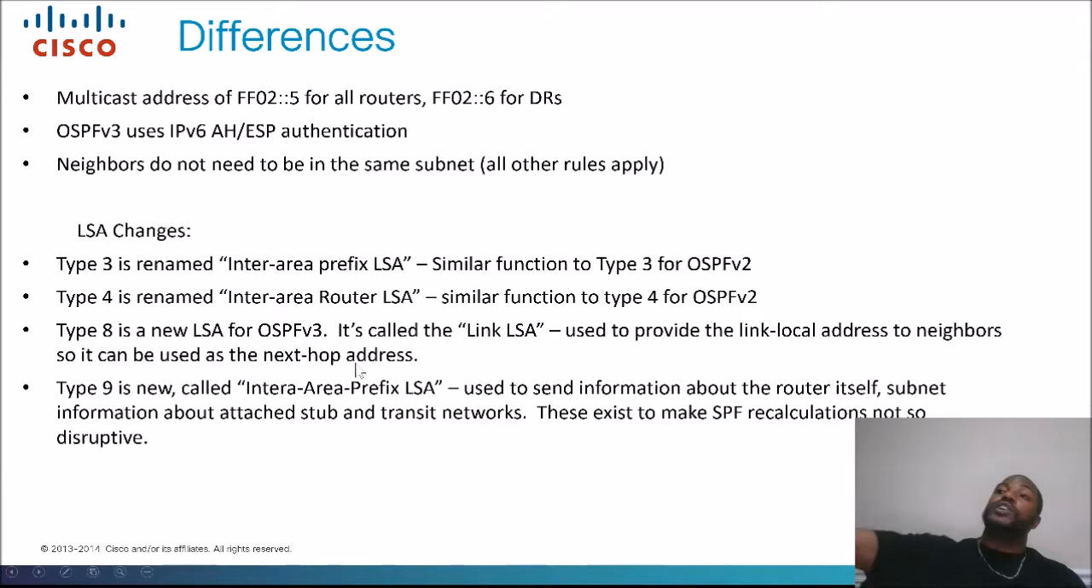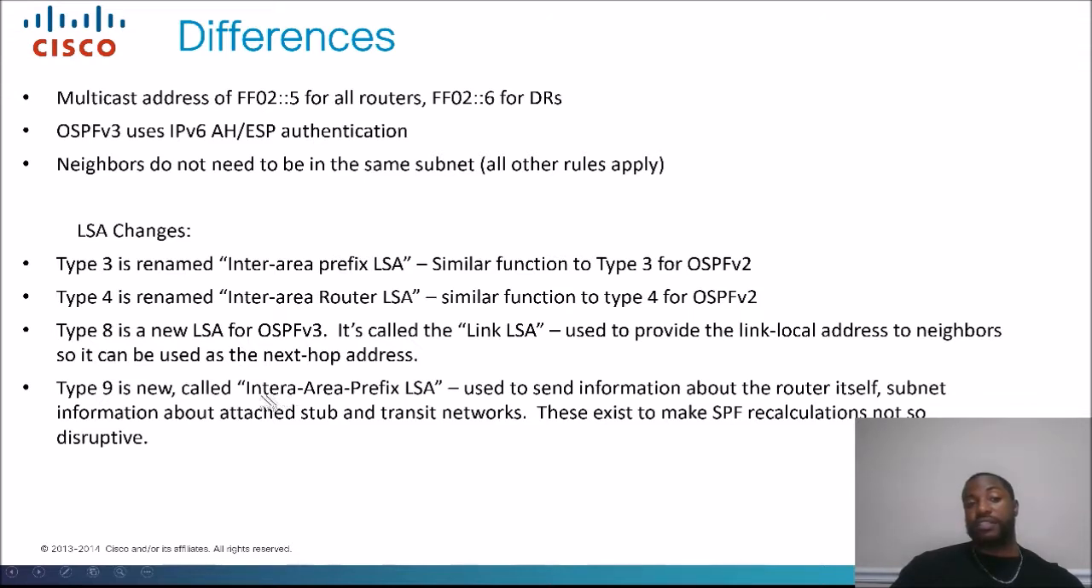So you know how you need to know the default gateway or the address of the next hop router? We use the link-local address, and to discover that, we use the Link LSA. Type 9 is new also, and that's called the